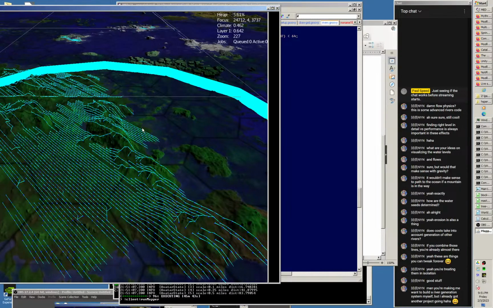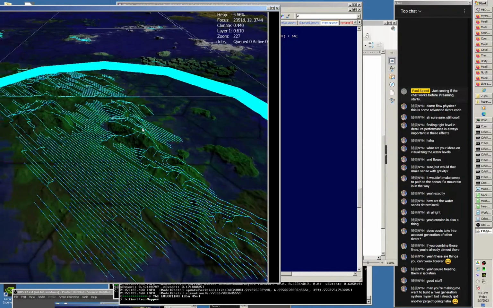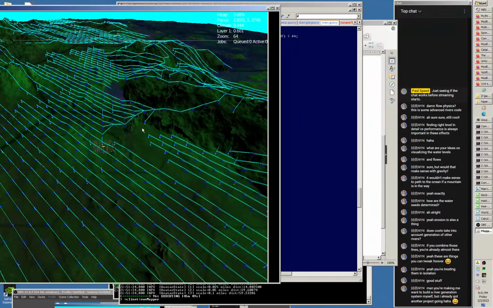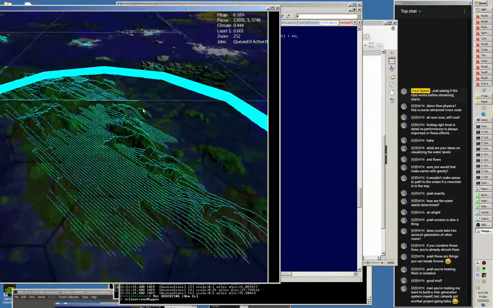So this is the fun part of, yeah, so we had all these rivers feed go over the mountain. 10 might have been too high of a factor to